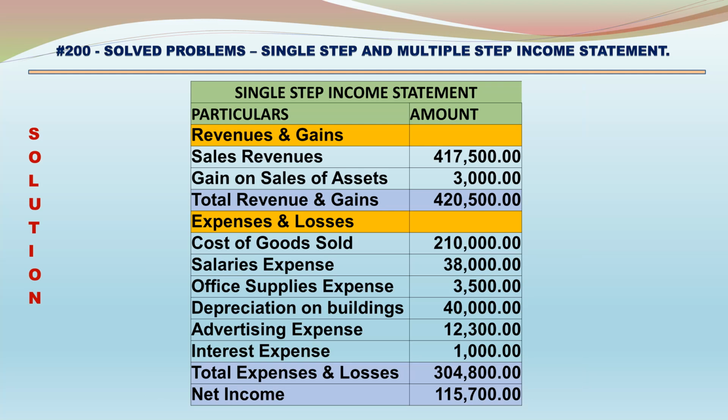Solution. Single step income statement. Particulars, amount. Revenues and gains: sales revenue, net, 417,500. Gain on sales of assets 3,000. Total revenue and gains